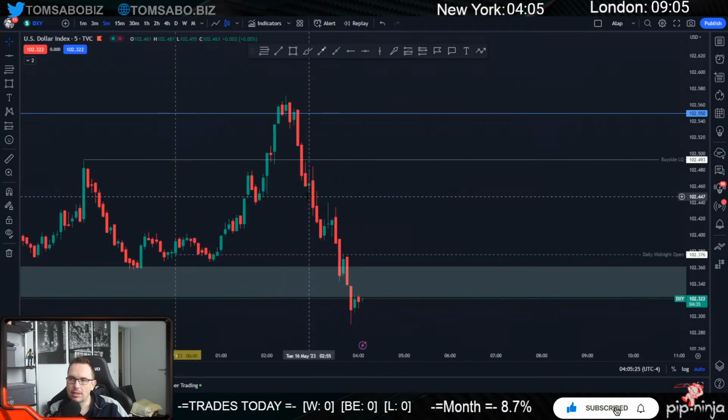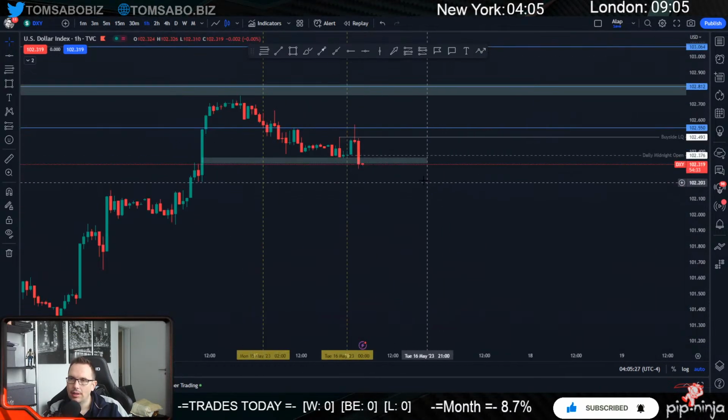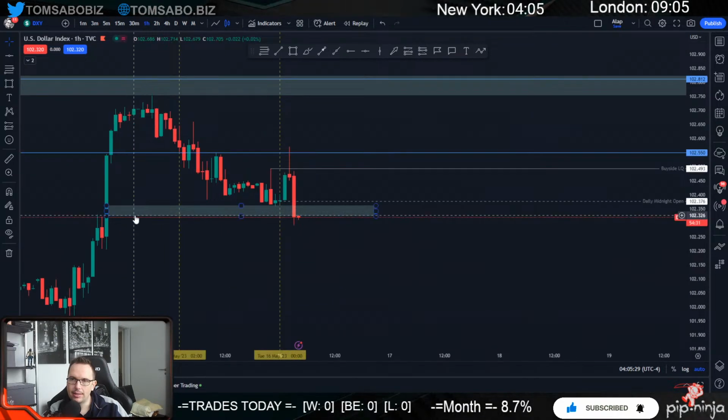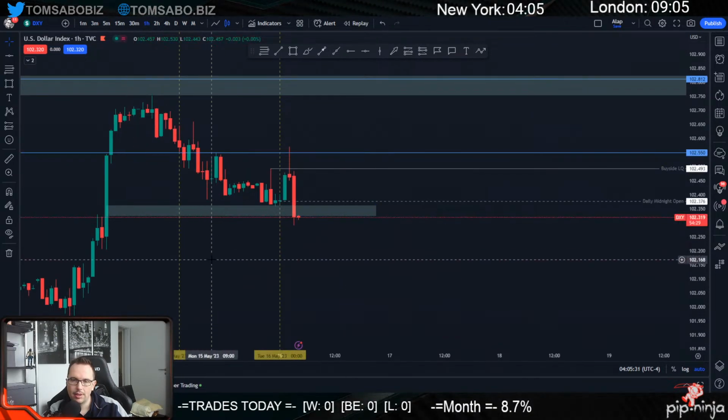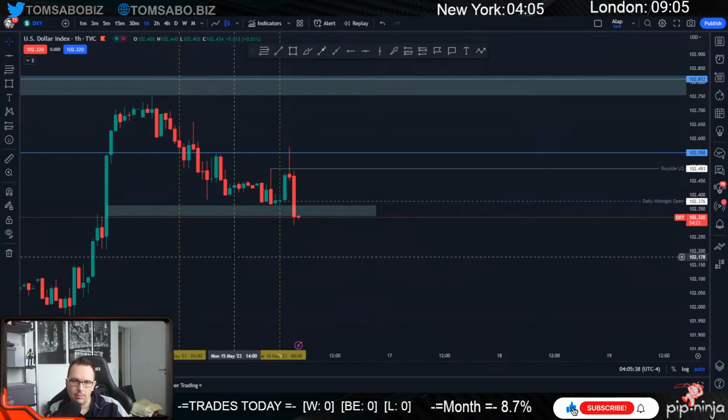This is the dollar index, by the way. Dollar index repriced this fair value gap. I would do 0.5% risk because you basically would have